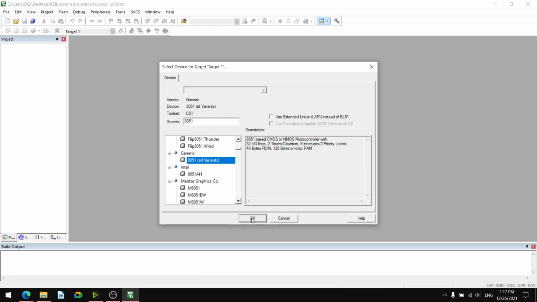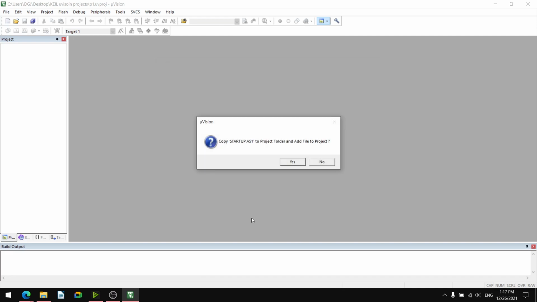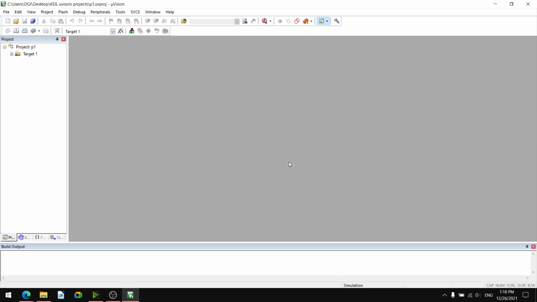I will press OK. This asks whether to copy startup.a51. A51 is an assembly file created. I will click OK. So it created project 1 and target 1. We'll check the folder.